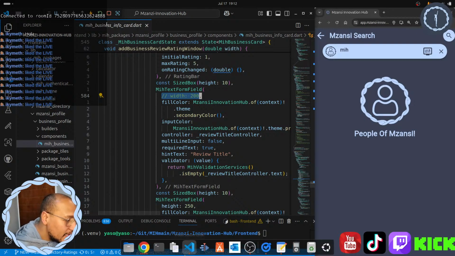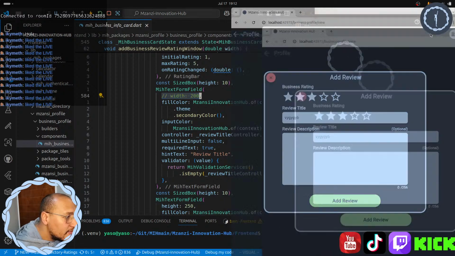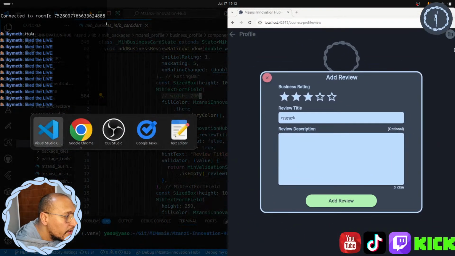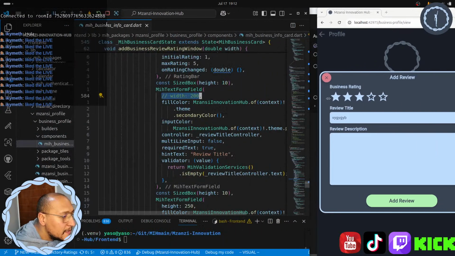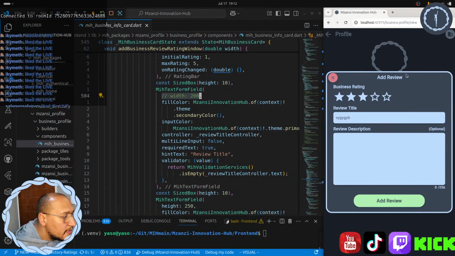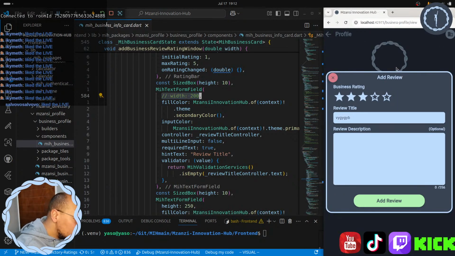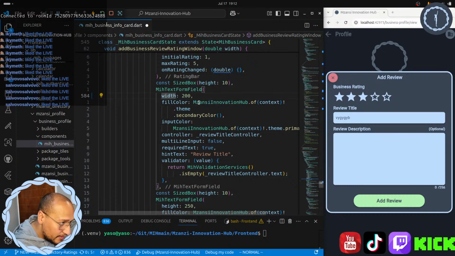But yes, this was the error. Let me minimize this and open up our dev mode. So this is our dev mode. I'll just make it a little bit smaller for us. Close that. Yeah. So as you can see, now it's looking good, right? This is the development environment. But if I were to comment this out and then save again, so control S, and then I am going to wait.